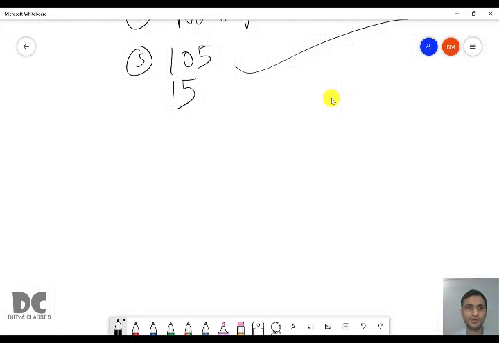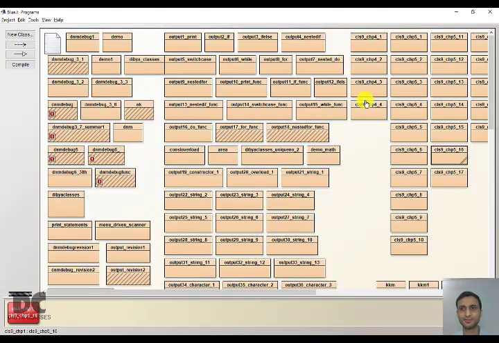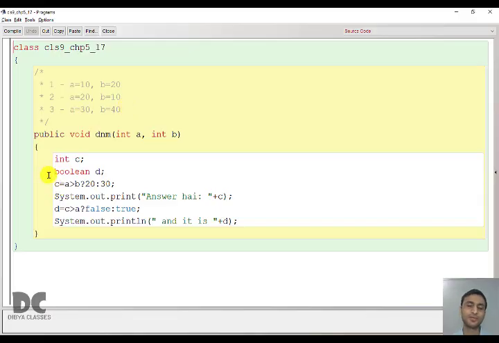So now we are going to solve the last output question. So last output question was based on ternary. So ternary is part of chapter 3, but if you remember, we studied this ternary part in chapter 5, which is based on if else. Okay, you can do a program in if else, same can be done in ternary. So let us solve this.